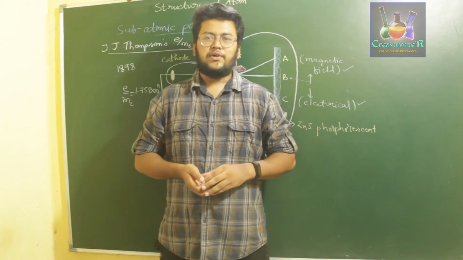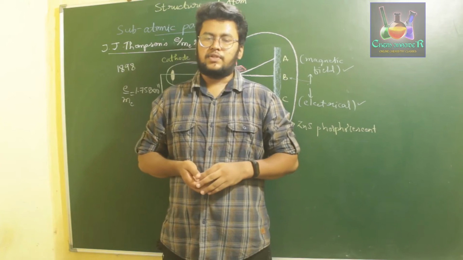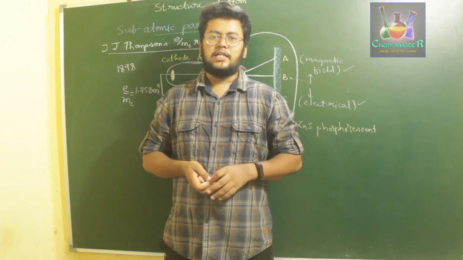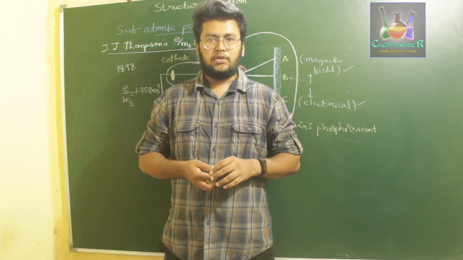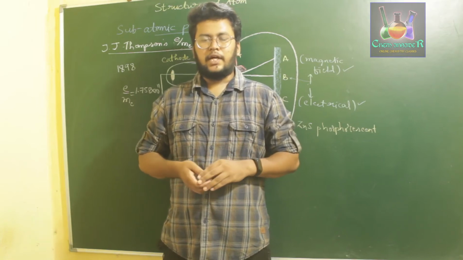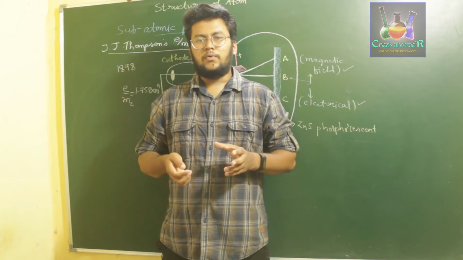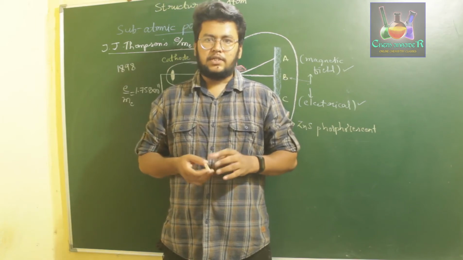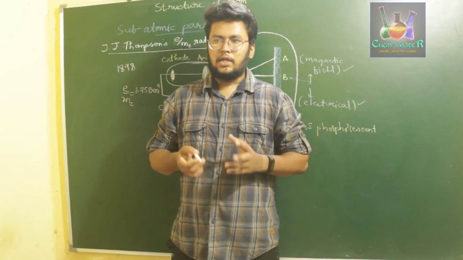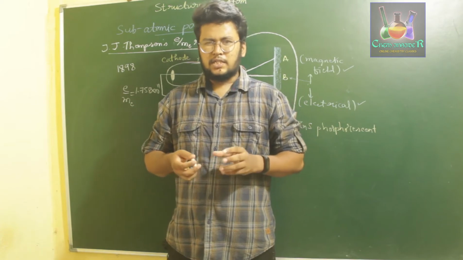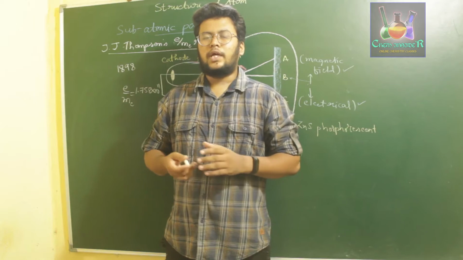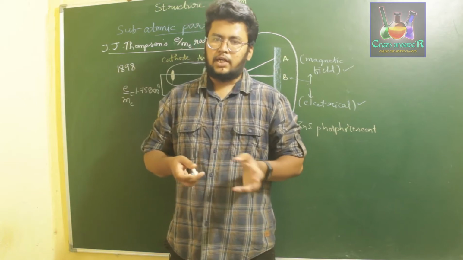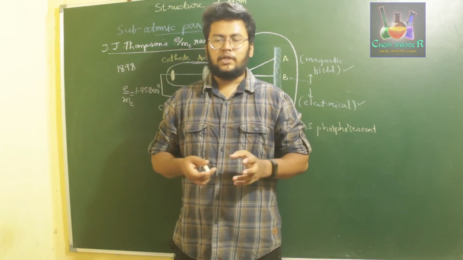So in today's class we are going to discuss more topics of the structure of atom chapter from class 11. In the previous video we have discussed the discovery of the electron by Michael Faraday, and we have also discussed how J.J. Thomson determined the charge to mass ratio of the electron. Now we will discuss some related topics of the charge to mass ratio and how we can find out the charge of an electron, and later we talk about the discovery of proton and neutron.